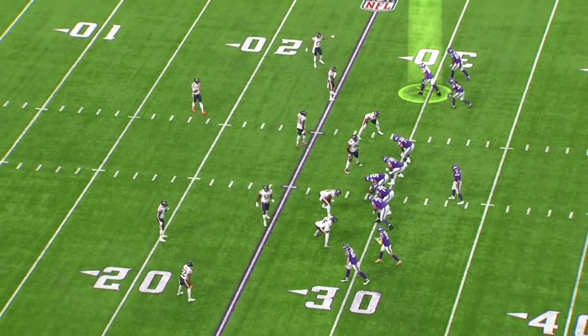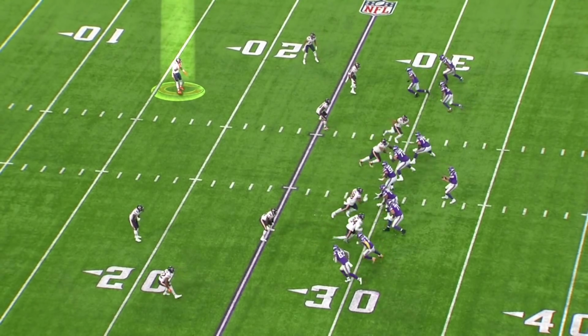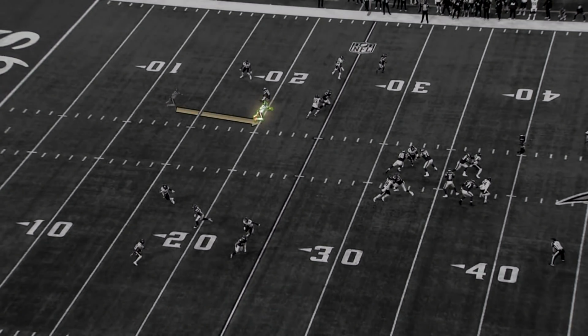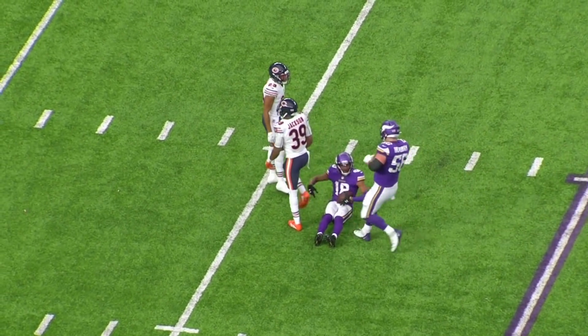All right, another play against the Bears. This is another great one. You see they have the 3 receivers in the bunch up top. The Bears know what's coming. They know that Jefferson's at the point, and as he's coming up field, you can see the safety over the top. You're going to see Eddie Jackson dart right down the field, trying to beat Jefferson to the point, to the catch. But that ball still gets in there, and this is where he uses his body to shield Jackson